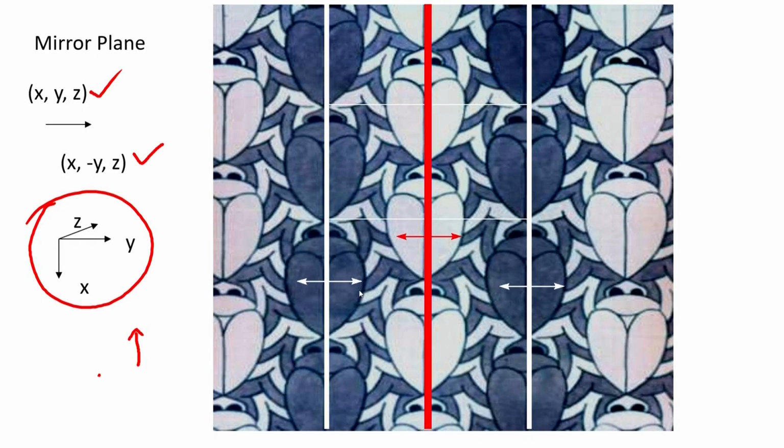In the case of the center of symmetry, we needed a point. In the case of the rotation axis, we need an axis of rotation about which the rotation occurs. It could be 2-fold, 3-fold, 4-fold, 6-fold. Whereas in this particular case, the mirror stands out by itself. The mirror is perpendicular, and we call it a mirror plane, which is perpendicular to the xz plane in this case. So, the mirror is cutting through this.